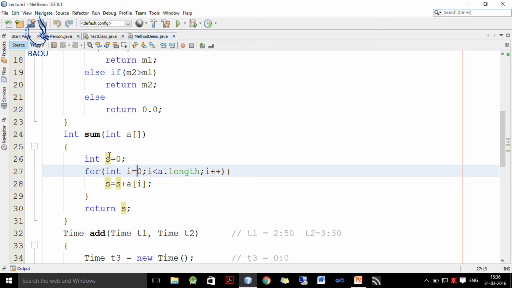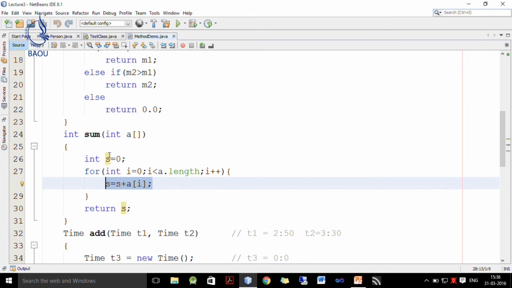Now, we know that array index always starts from 0 and the number of elements is represented by a.length. So, I write i = 0, i less than a.length, and every time i is incremented by 1. Now, what I want to do is add all the elements of the array inside s, which is represented by a[i]. So, I write s = s + a[i].